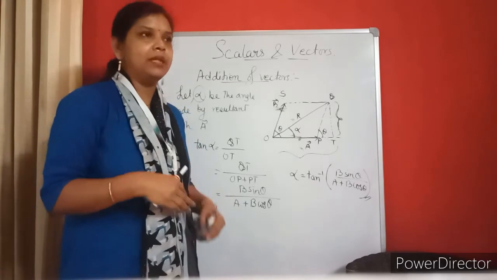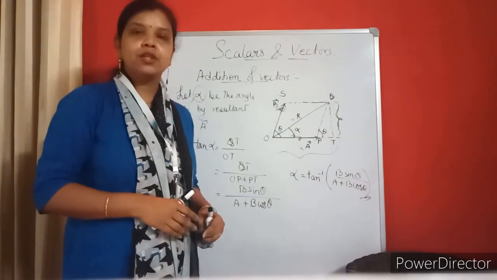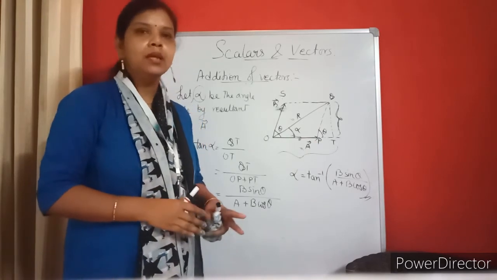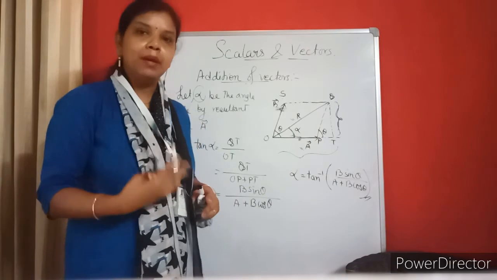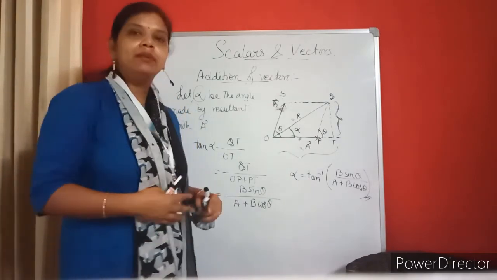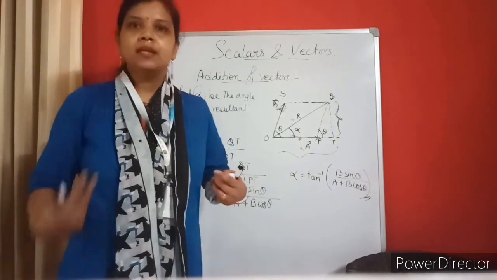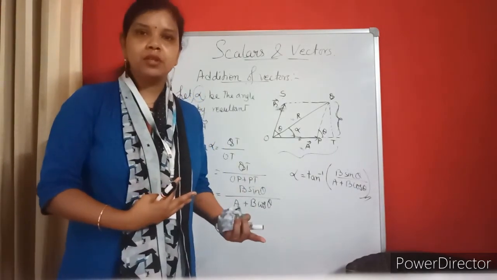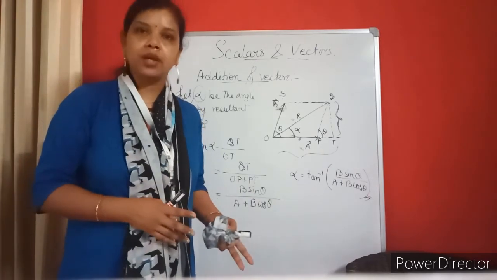So what we have learned today, we have learned that we can multiply vectors with a real number or a scalar quantity. The direction will remain the same, but its value will increase. If it is multiplied by 2, it may become twice, 100 times, like that. And next we have learned about addition of vectors. If it is parallel, the same direction, it will be normal addition. If it is anti-parallel, again this will be normal subtraction.